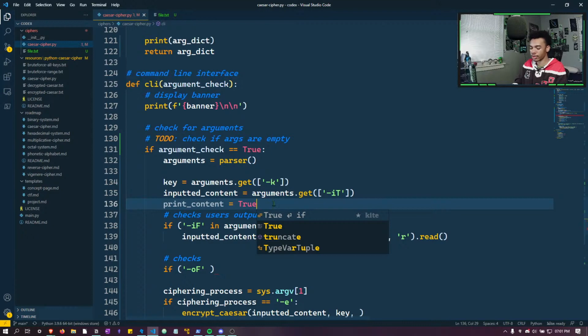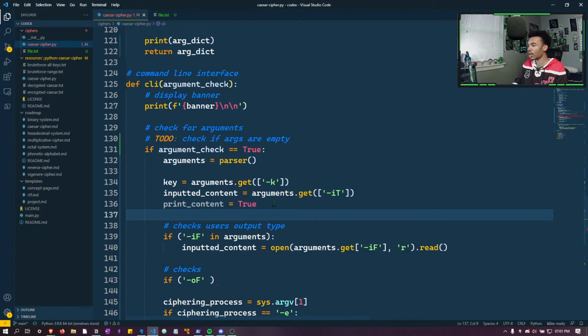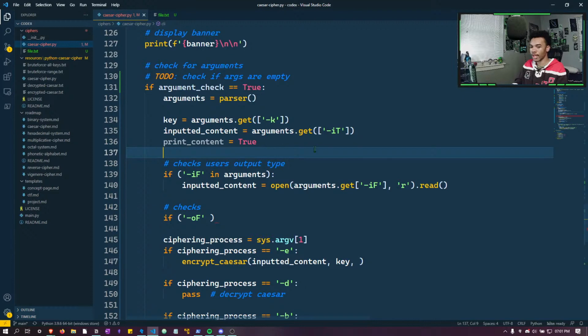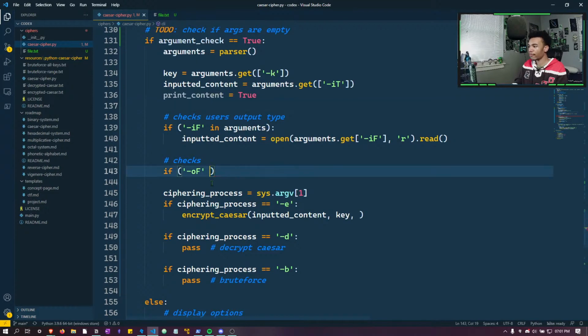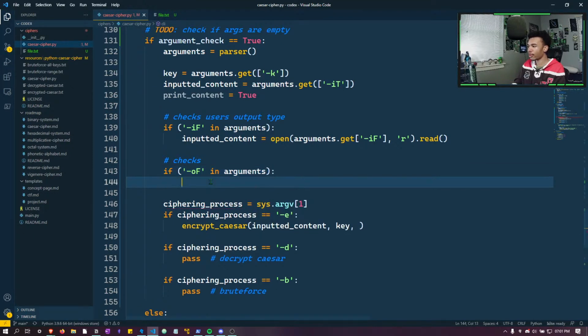By default, we are just going to print. If someone specifies an output option, the output file, so if that's in the arguments, then here checks if output was specified. I spelled that wrong. Specified. There you go. And then so if tech OF is in arguments,